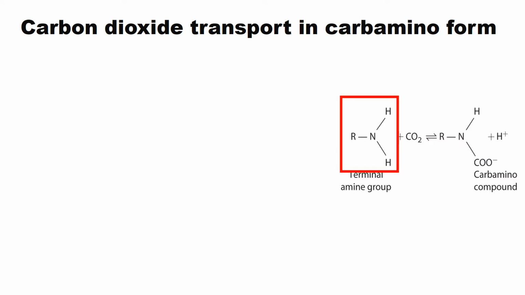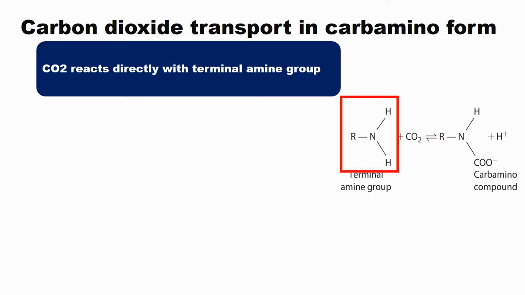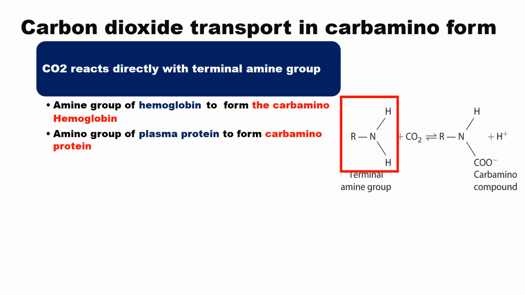On entering the blood, some of the carbon dioxide combines with the amine group of the protein to form a carbamino compound. So when this combination occurs with the amine group of the hemoglobin, we get carbaminohemoglobin, and a small amount of carbon dioxide also reacts in the same way with the plasma protein to form carbamino protein. However, the amount of plasma protein is just 1/4 as great as the quantity of hemoglobin. So the major form that is formed is carbaminohemoglobin.